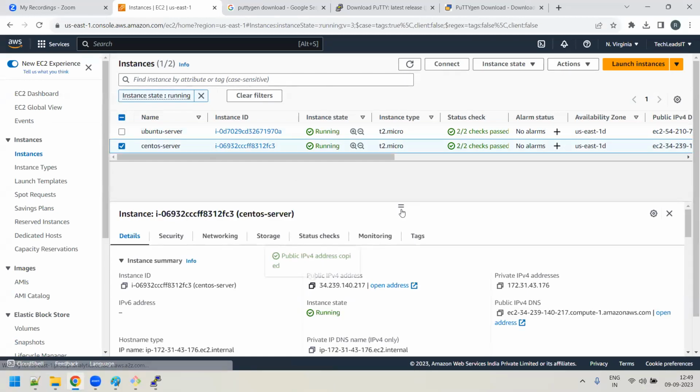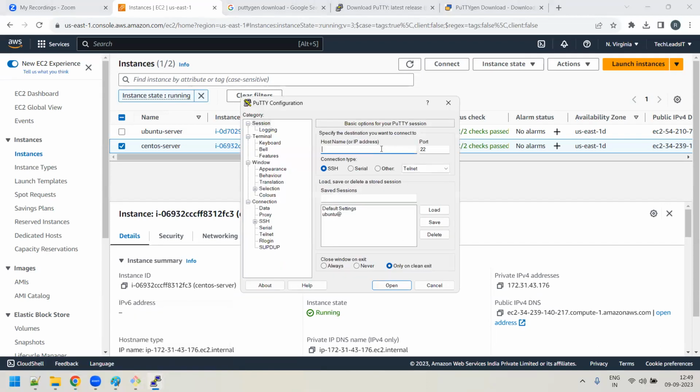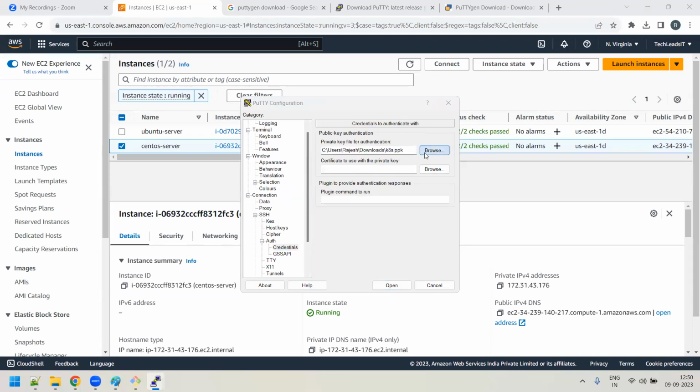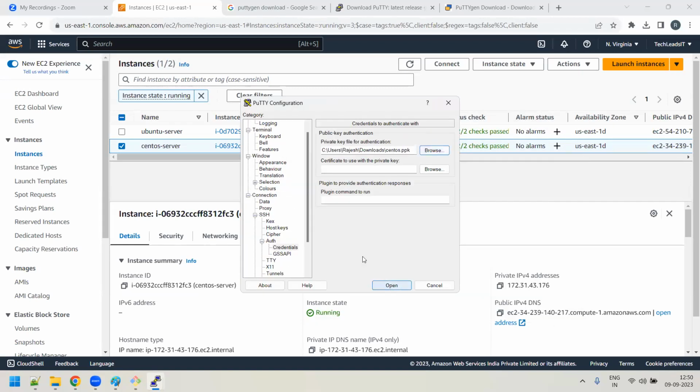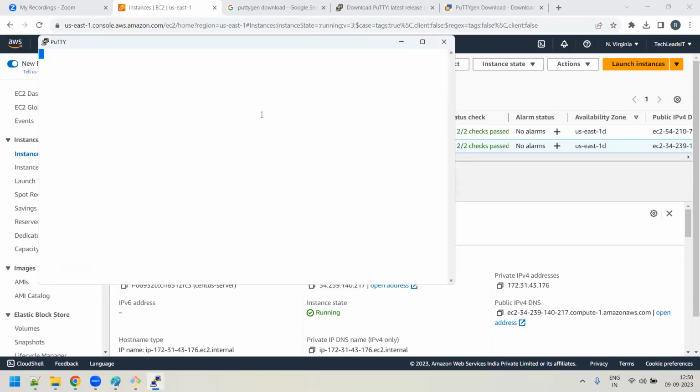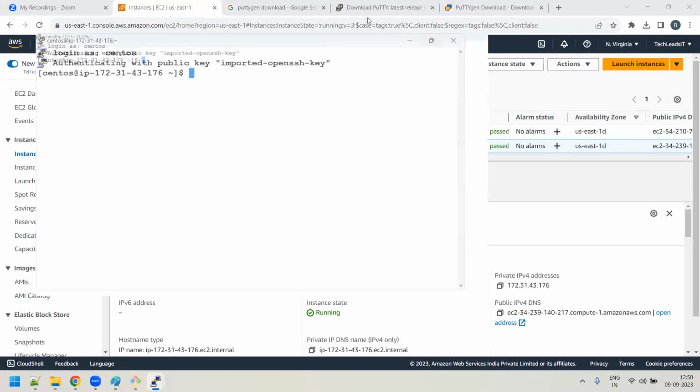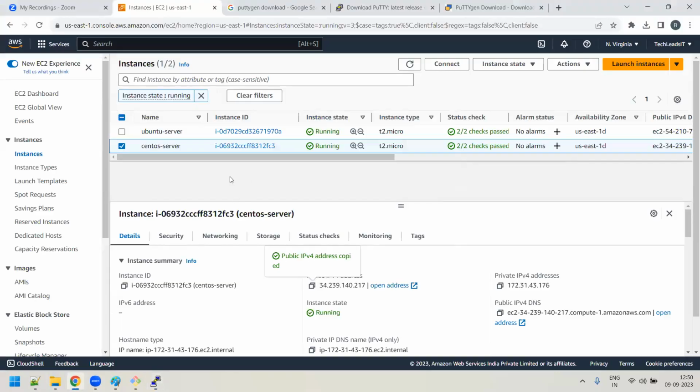I'll copy the public IP. Oh my God, how is it possible, sir? It's the username CentOS, not EC2.